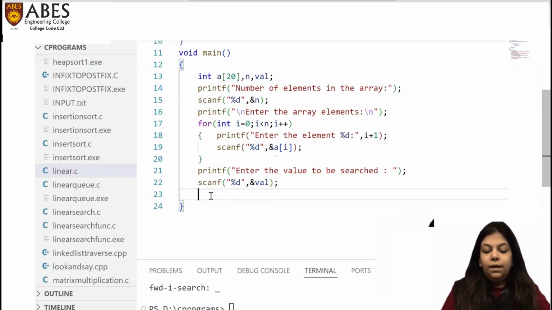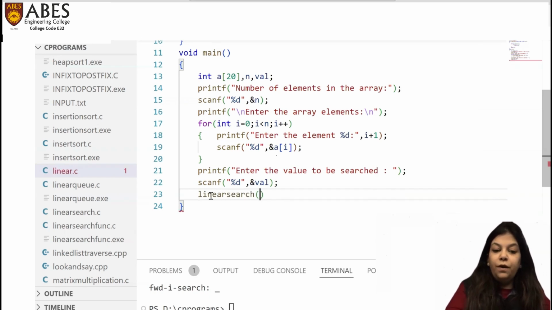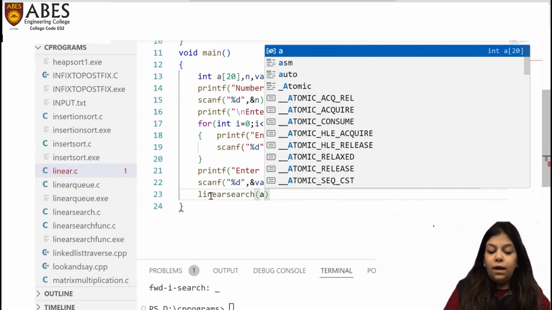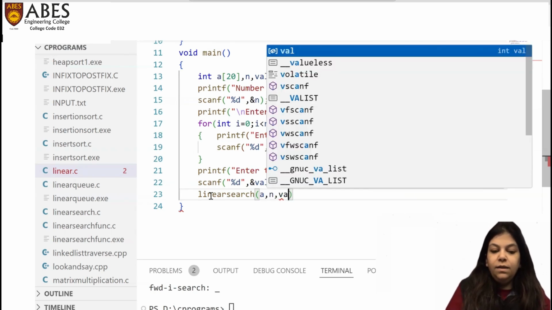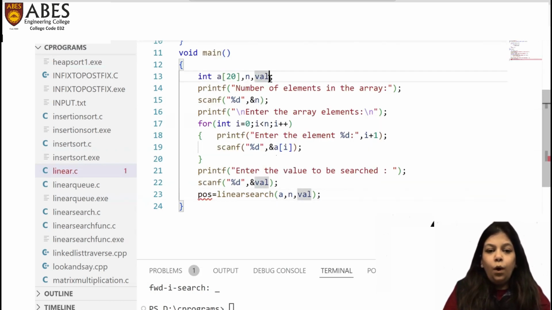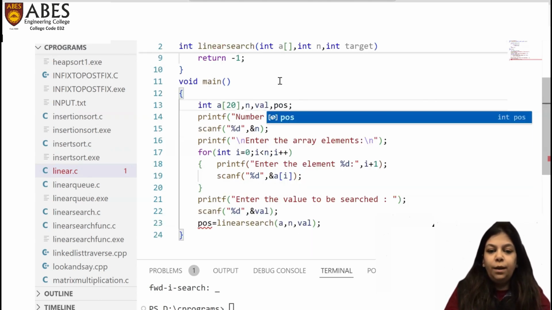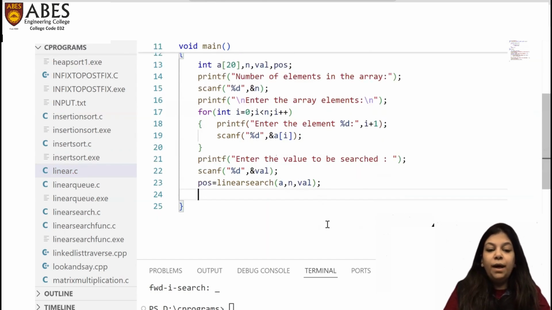Now, the next task is to call the linear search function with array A, number of elements n, and the target value val. But this linear search function will return us the position of the target value. So here we have to also take a variable in order to store the index that is returned by the